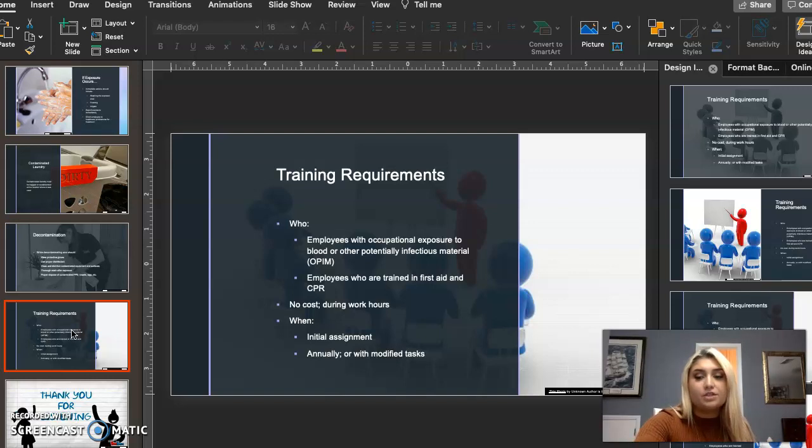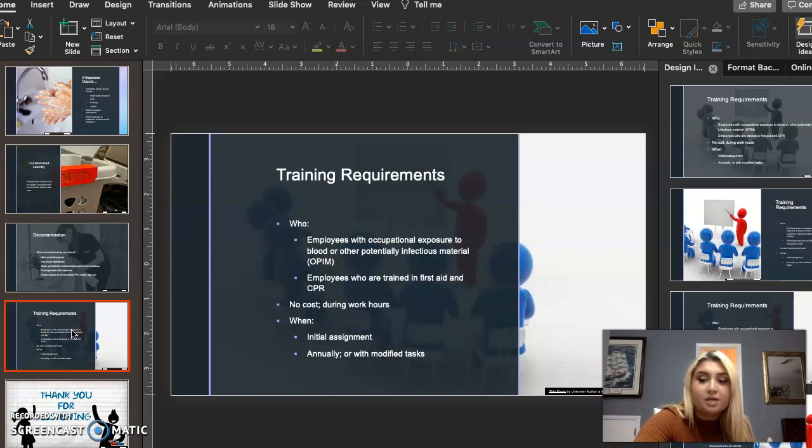Training programs should include an accessible copy of the regulatory text of this standard, an explanation of its contents, a general explanation of the epidemiology and symptoms of bloodborne pathogens, and the employee should be able to obtain a copy of the written plan,